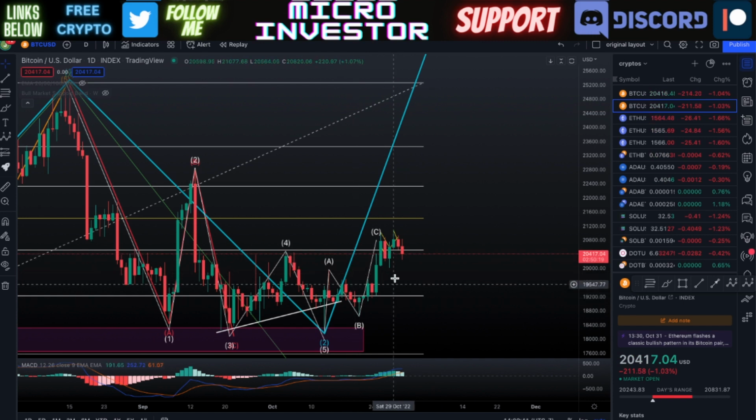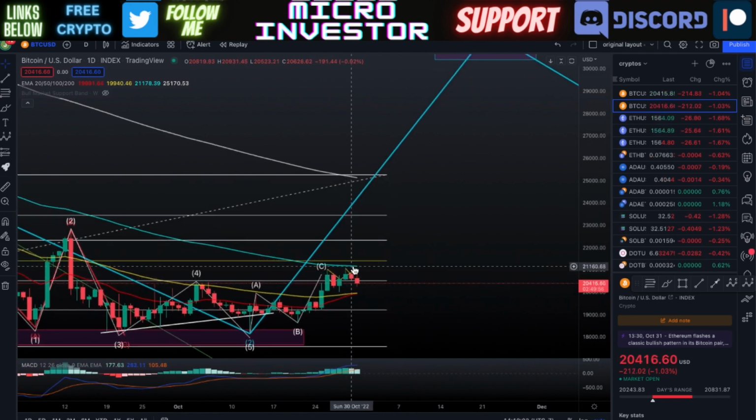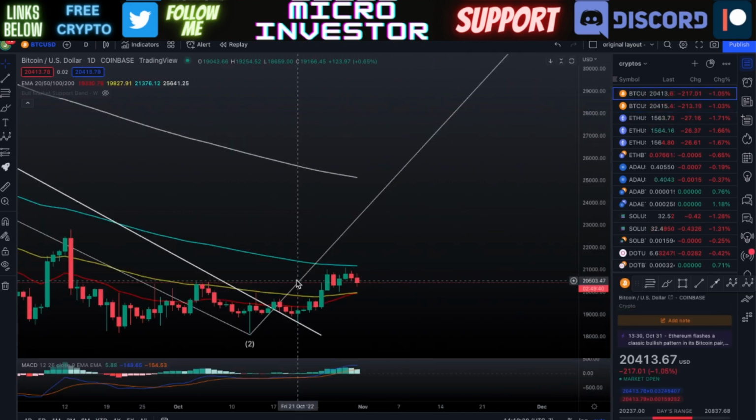So what we're seeing now within this wave three, we've seen an ABC corrective wave movement, and we're still trying to work up to that 50% Fibonacci level from the distance that we've had within our wave one. So right now, we're very close to seeing the price of Bitcoin going up and actually breaking out of this 100-day moving average that we have here. That's at a price of around $21,200 that we need to be breaking through and get right into that 50% Fibonacci level. By that point, I think we'll see a lot more bullish activity with Bitcoin, especially as we have our bull market support band that's very close to that, and I'll get to that here in a second as well.